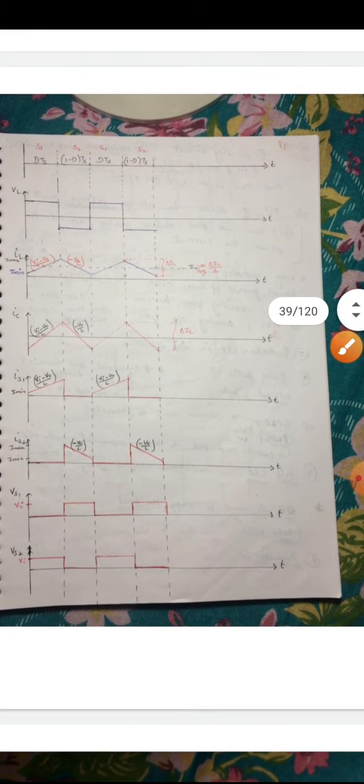And we have the inductor current. We know that the inductor current slope was increasing in the first mode, D·TS mode, when switch S1 was on, with slope VI minus V naught divided by L. This is increasing, with some minimum value and some maximum value. Then in the mode when switch S2 is on, which is (1 minus D)·TS, the inductor current was decreasing, the inductor was discharging itself with slope minus V naught by L, a negative slope. So this goes like that.